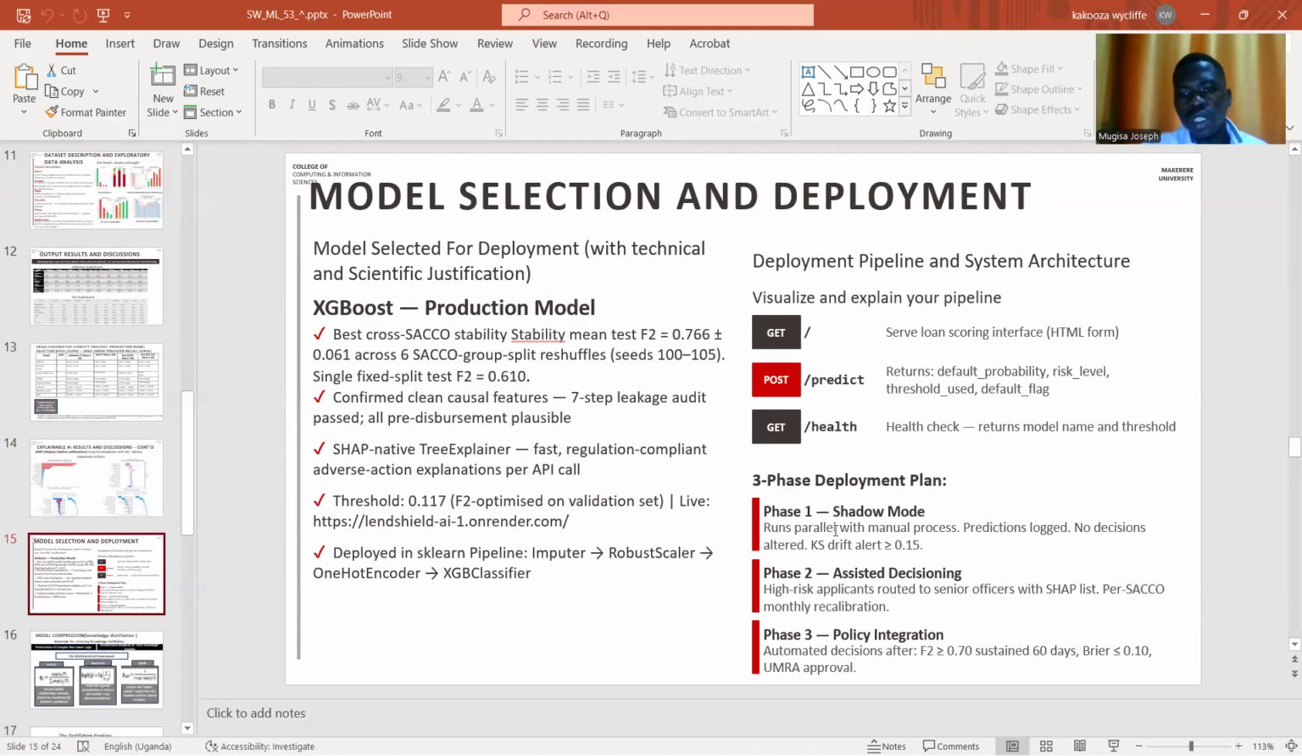And then we are still in the shadow mode of the deployment phase, whereby they work hand in hand, but no decision is ever altered. What we are doing is capturing the KS, whereby